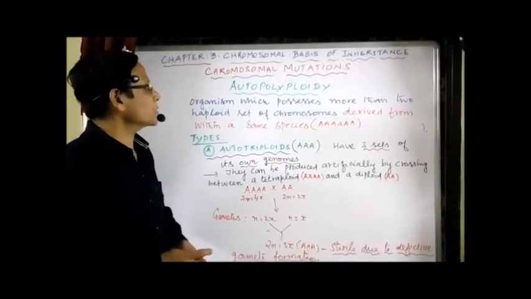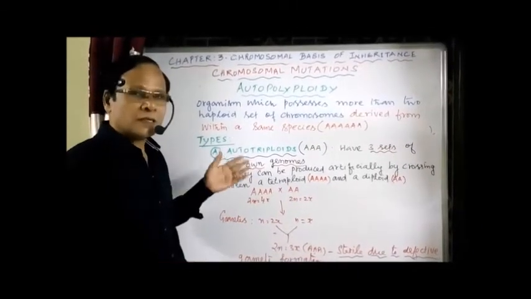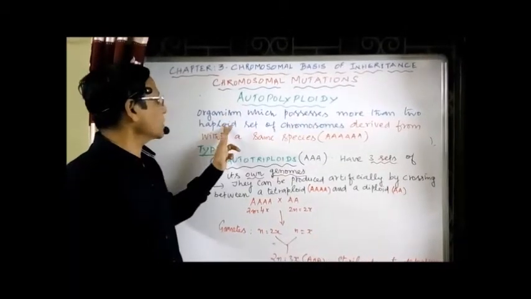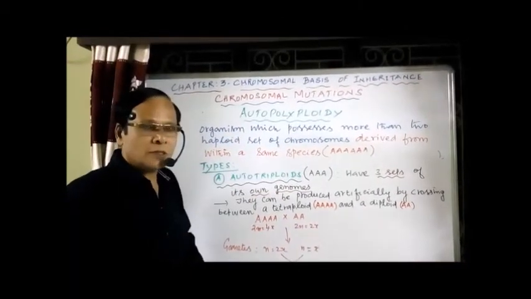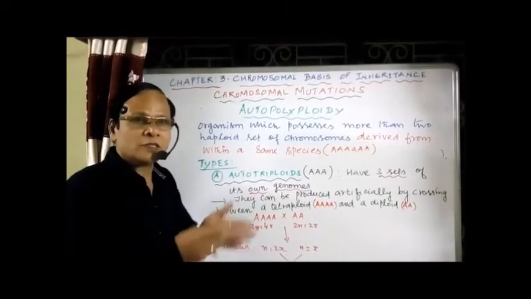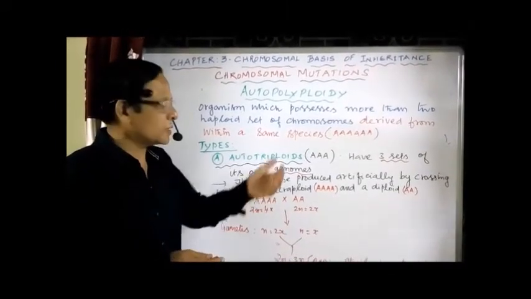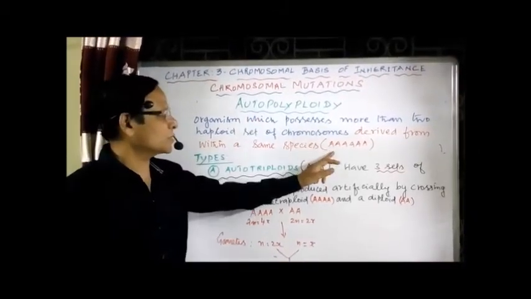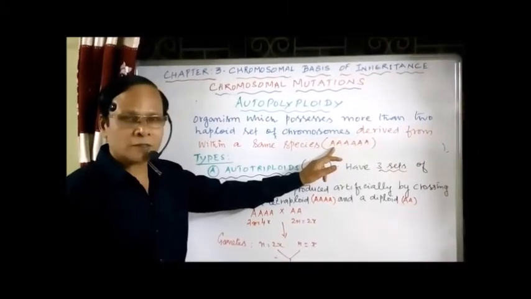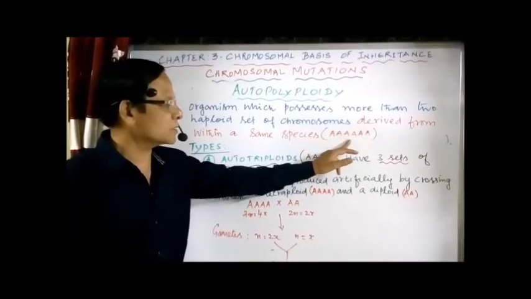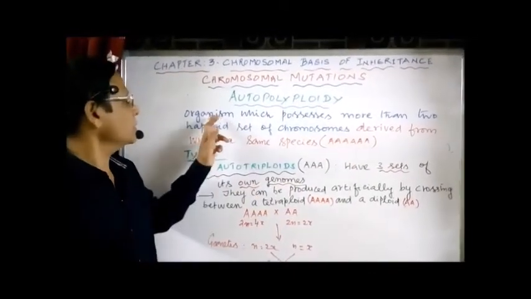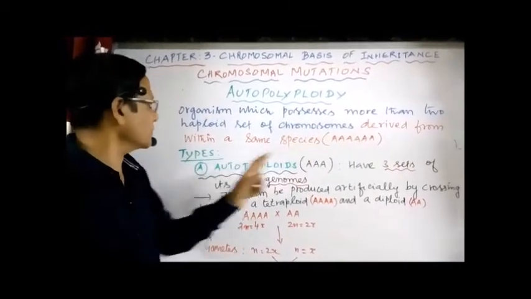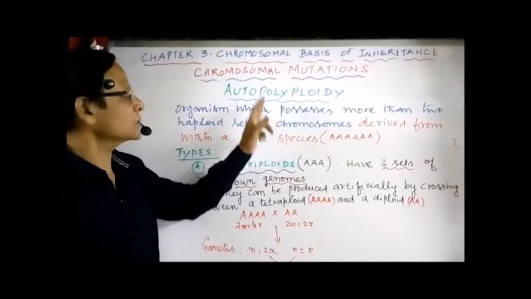Now what is autopolyploidy? It is a condition where an organism possesses more than 2 haploid sets of chromosomes. These chromosomes are derived from within the same species. That condition is called autopolyploidy. I represented 1 letter as equal to 1 set. So an organism which possesses more than 2 haploid sets of chromosomes derived from within the same species,